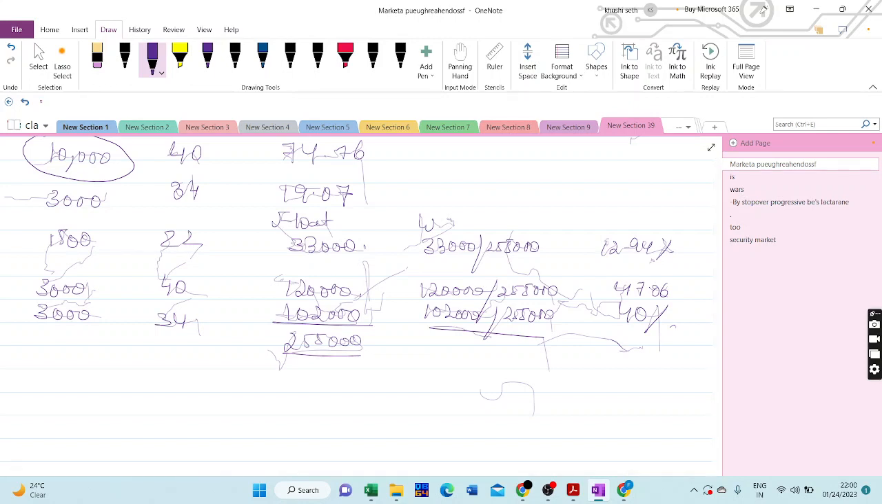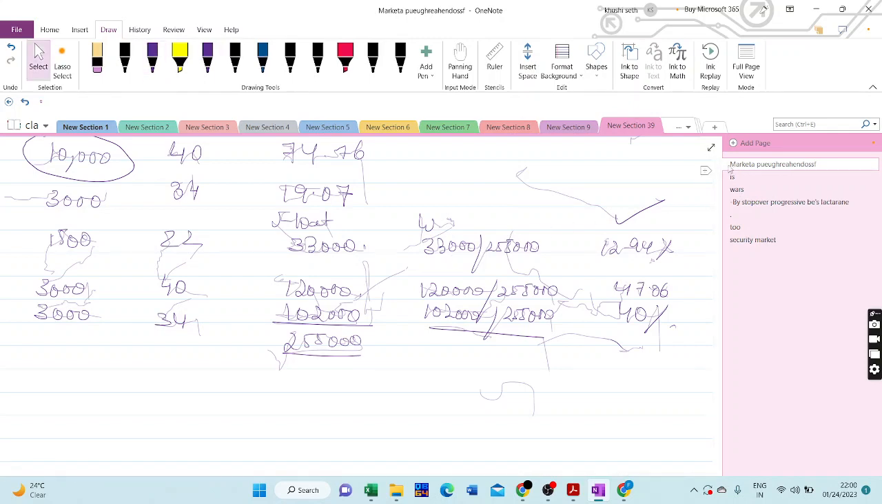Yes, sir. 1,02,000 by 2,55,000 is 40%. 120 by 255 is 47.06. So these are the weights of each stock in the float adjusted market cap index. ठीक है ना? Now, guys,